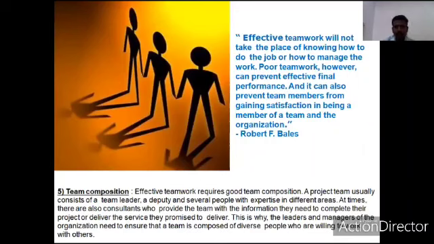And the fifth good way is team composition. Once you select different people, you need to make some small teams for different sets of work. So the team composition should be done intelligently, according to their interest and expertise. You need to go for the formation of groups or subgroups according to the tasks that need to be taken care of in your organization or group.